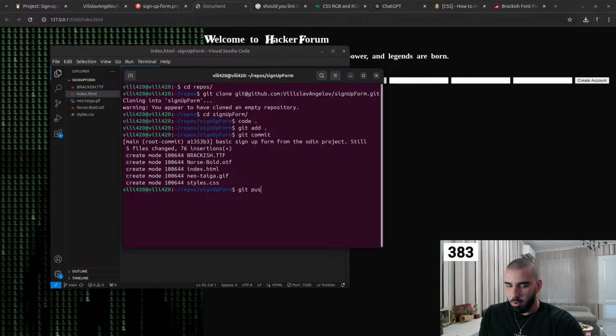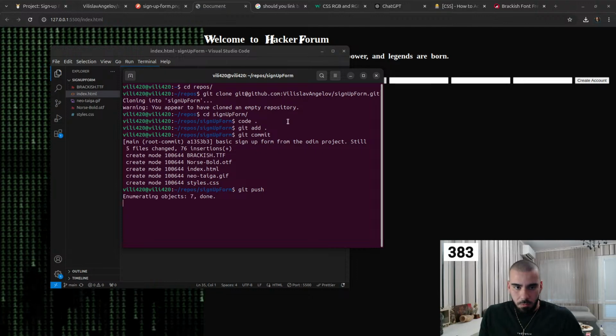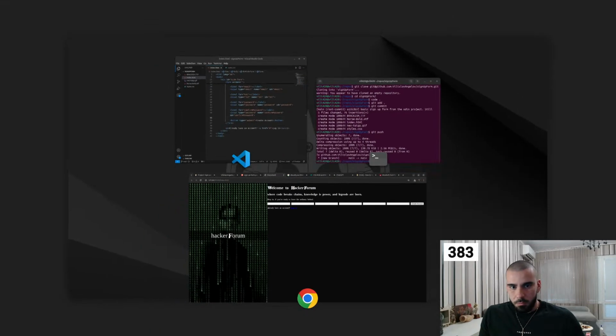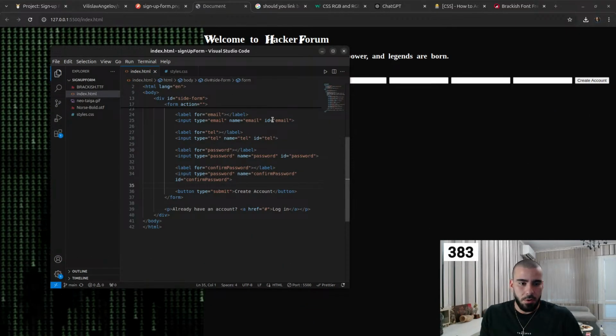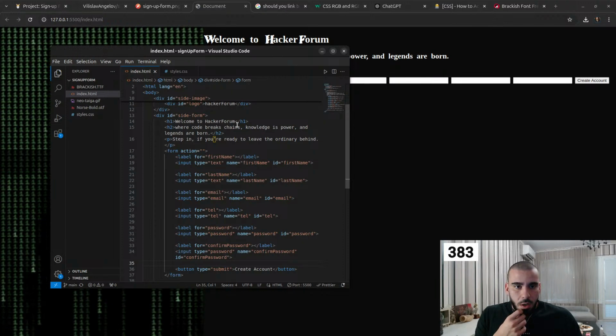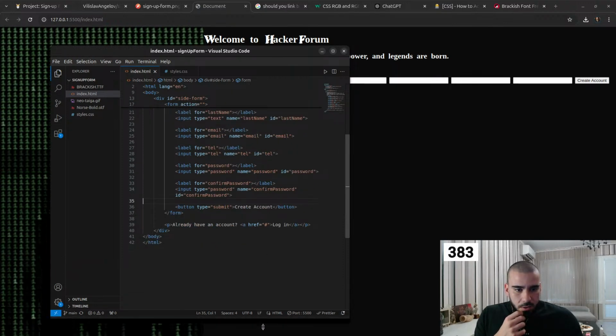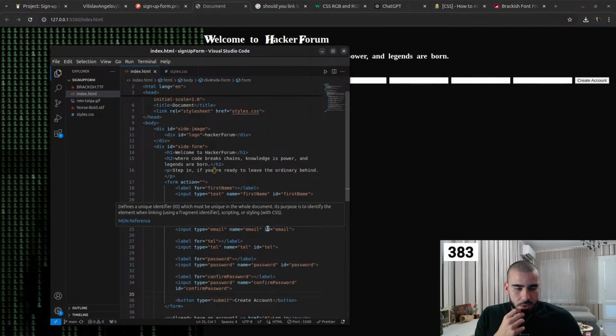Alright, git push. So we have one commit already, but besides that, as I said, everything should be centered in this